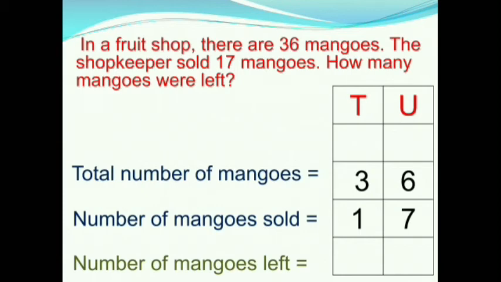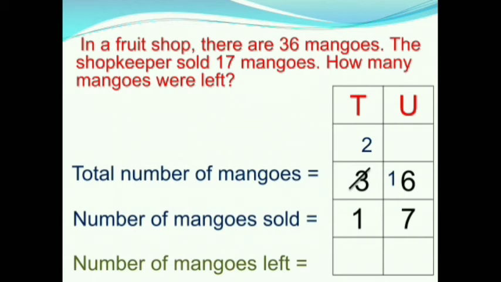First, we should subtract units place digits. Which digits are there in the units place? The digits in the units place are 6 and 7. 6 is smaller than 7. 7 cannot be subtracted from 6. Hence, borrow 1 ten from tens place to units place. Units place can be written as 10 units plus 6 units equals 16 units. After borrowing 1 ten from tens place to units place, tens place is left with 2 tens.